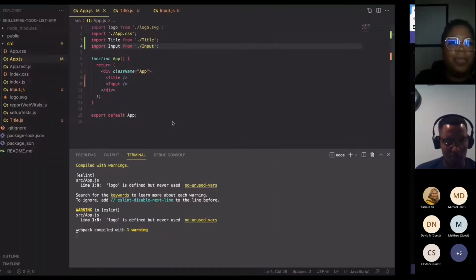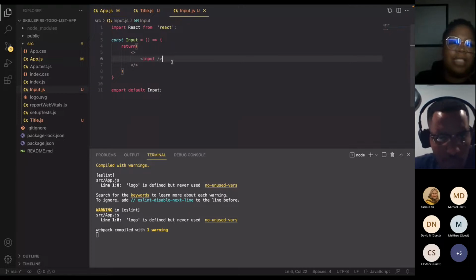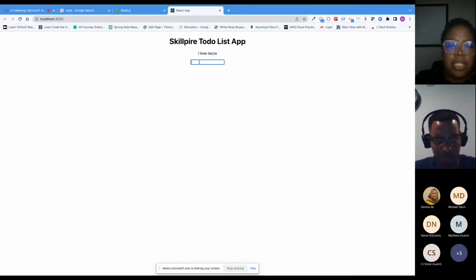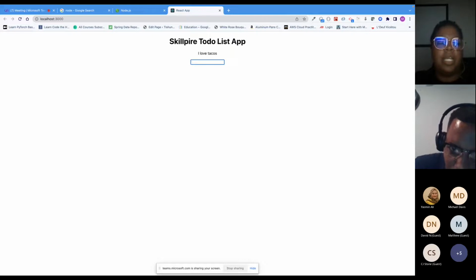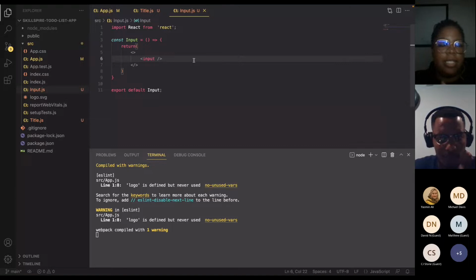Okay, so we know how to make files. From here on out, we're going to make everything else in this file just for simplicity. So we have our input, right? One thing I want to mention is, I will talk about that later. We have our input. Now I want to be able to type something right here and have it show up below our thing. And I think that's probably all we're going to have time for today, being able to add our list items to our list. So let's go back to our input.js